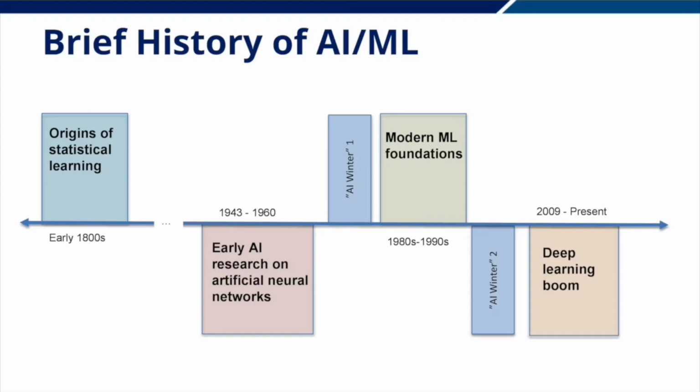The field of AI was really launched, and the term AI was coined, in the 1940s and 1950s. That began in 1943 with the proposition of a simple artificial model of a neuron that exists in a brain. That neuron was then extended to the concept of a full neural network throughout the early 1950s. However, by the late 1960s and early 1970s, many folks throughout government and scientific research had become disillusioned